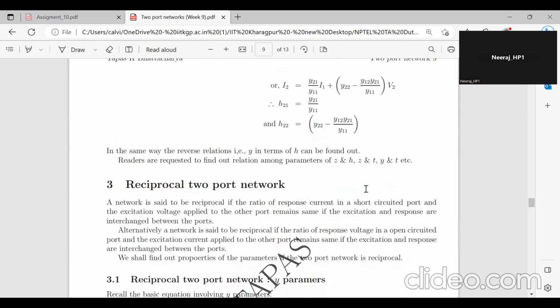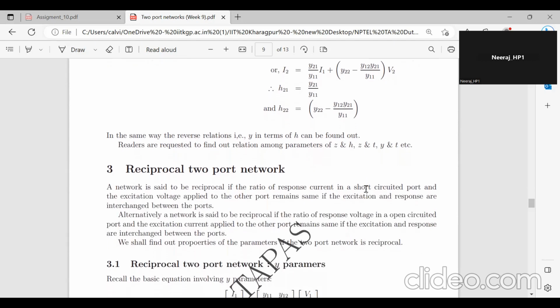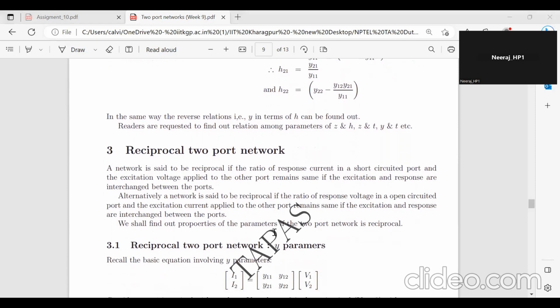Or I'll continue further. Okay. Now, yeah, very clear, very clear. Yeah,